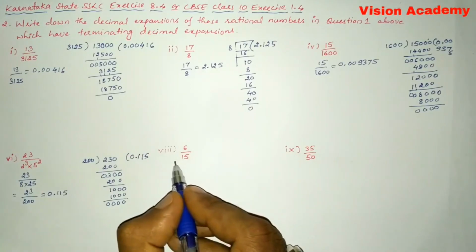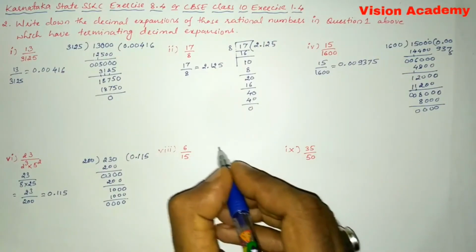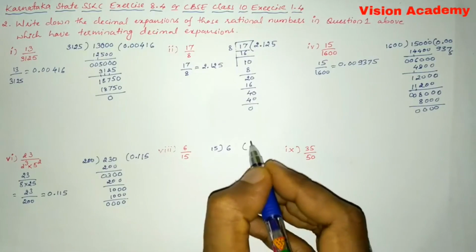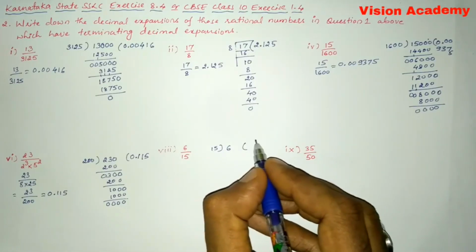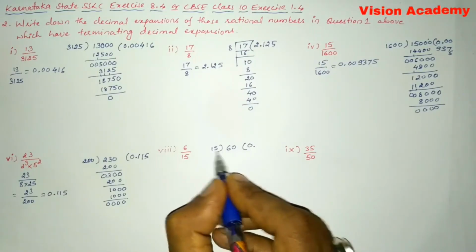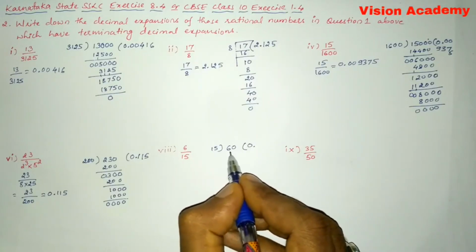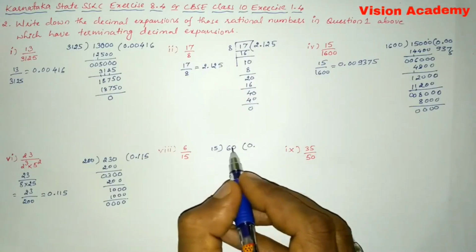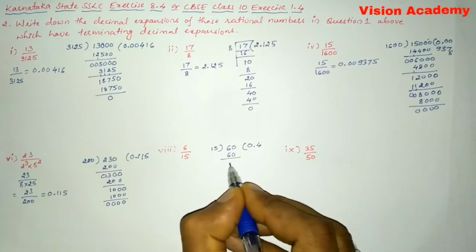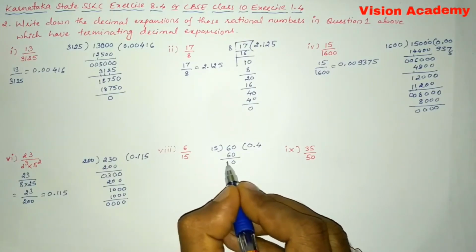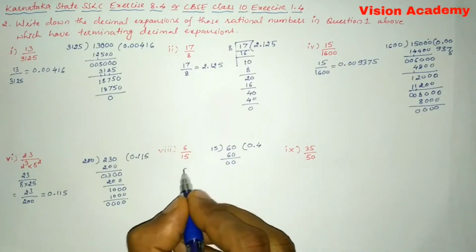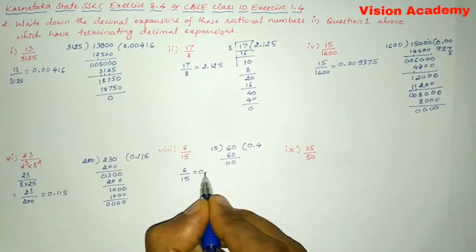Now let us move on to Roman number 8. Now we need to divide this 6 by 15. Here we'll take 0 point. If I take 0 point, it will become 60, because 6 is less than 15. We have to write one more 0. So 60 is greater than 15. So 15 how much are 60? So here 15 4s are 60. So here 0 minus 0 is 0, 6 minus 6 is 0. So here remainder is 0. Now we are going to terminate at 0.4. So here 6 divided by 15 is equal to 0.4.